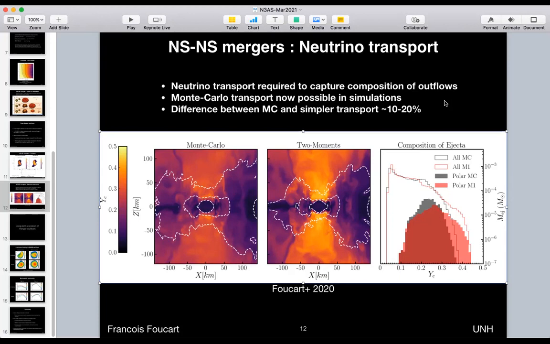Yeah, I mean, at least, it will give you a cut through the three-dimensional parameter space of black hole spin, radius, and mass ratio. And then presumably you would combine that with